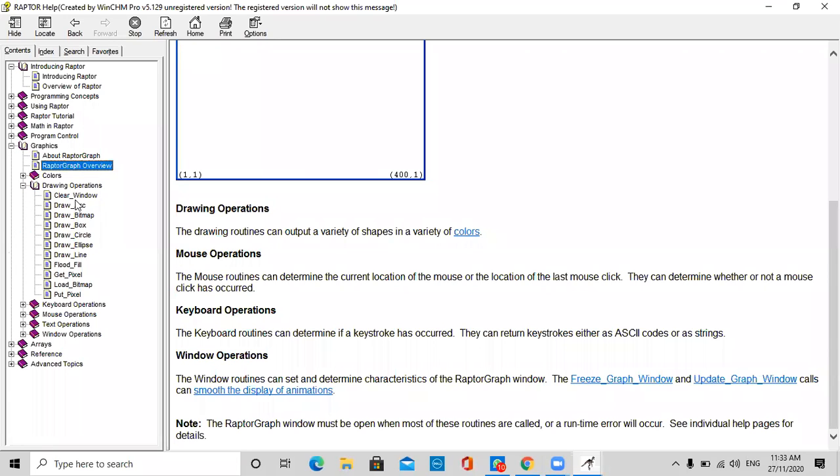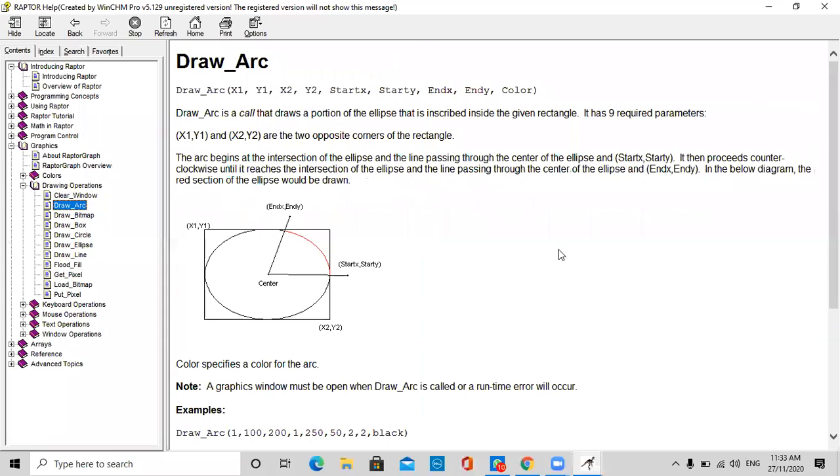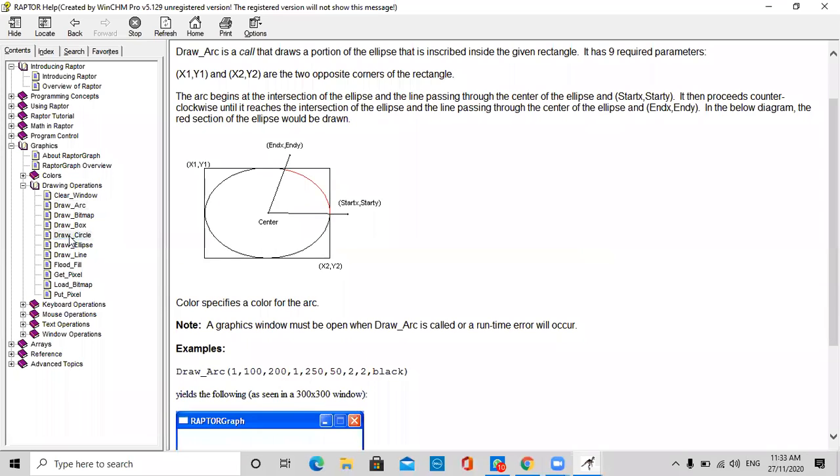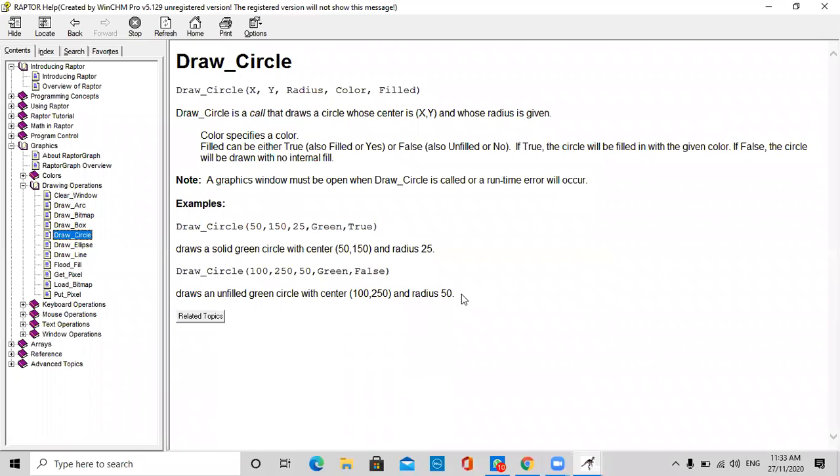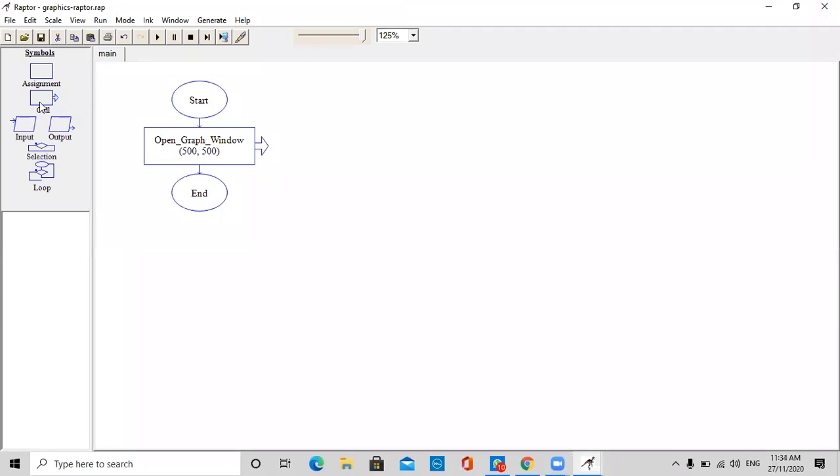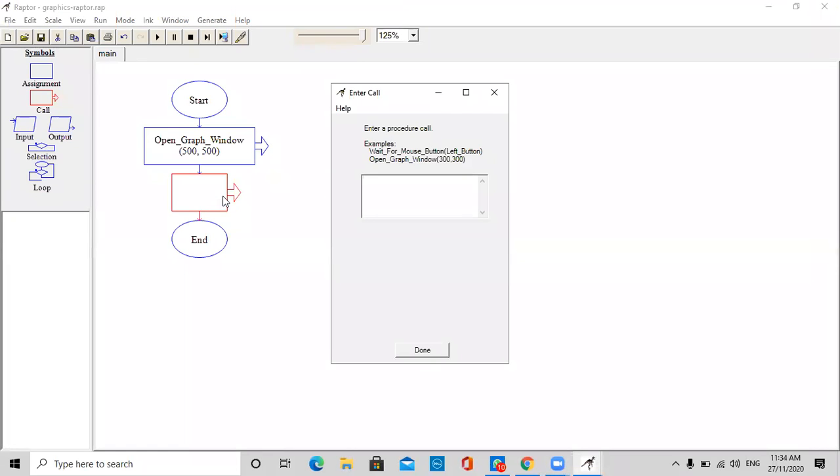Okay, so there is something called draw arc. Let us see. This is again a predefined function taking many arguments. Let us take a simple circle. So circle requires XY coordinates, radius, color, fill. Okay, let me draw a circle. The moment I type there, it will give me the help. Let me use it. Is it call only? Even if I don't know, if it gives me an error, no problem. Draw_circle.